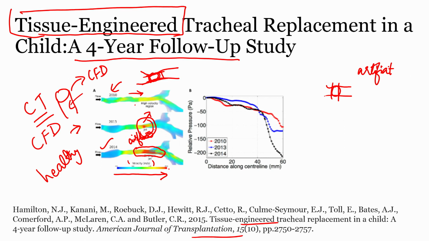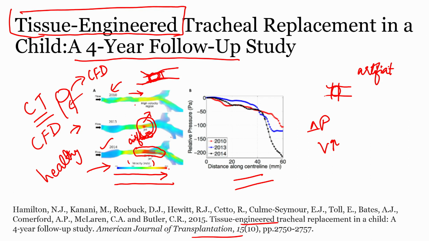Now that they understood that the stent or the tissue engineered trachea was no more working, they had to replace the whole segment and identify the next step, so that you can have a healthy airflow into the lungs and throughout the channel. This is again a pressure drop. Two parameters affect the fluid flow. Like I mentioned, you either understand the pressure drop or you understand the increase in velocity. This simulation talks about increase in velocity.